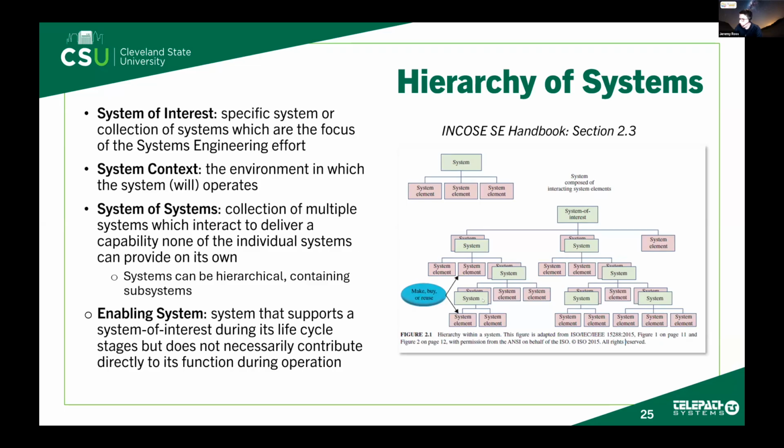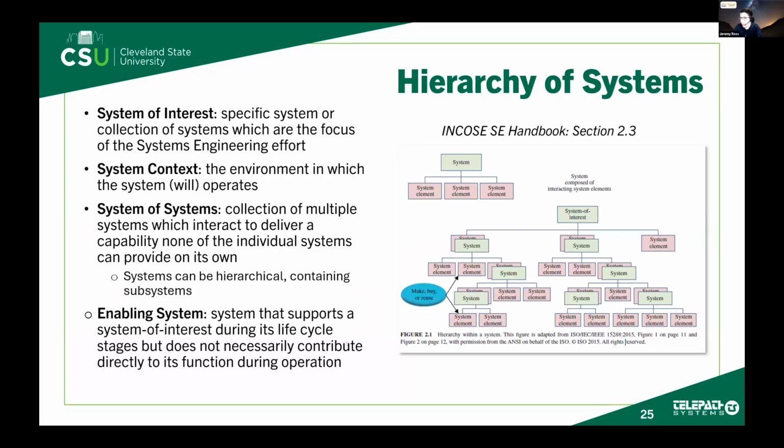At this bottom level, the light bulb is a system that's comprised of a few system elements, filament, etc. Then the headlight assembly that's using it, or just keep with the automotive. The headlight assembly is itself a system that has a lens and a frame and mounting points. The headlight assembly goes onto the body, which is a system. The body then comprises the car. So from one perspective, there's one system of interest, the automobile. Then at each of the subsequent layers in the decomposition, there are also systems that are themselves comprised of systems and